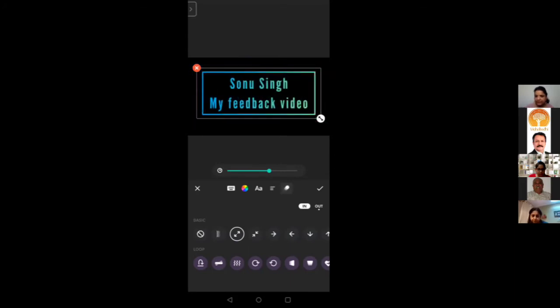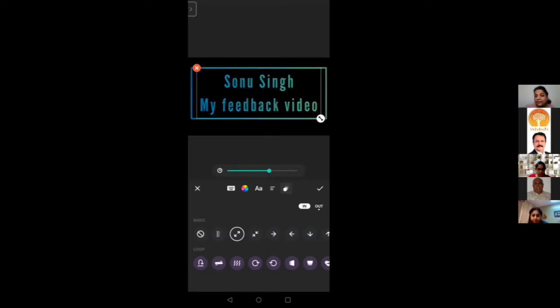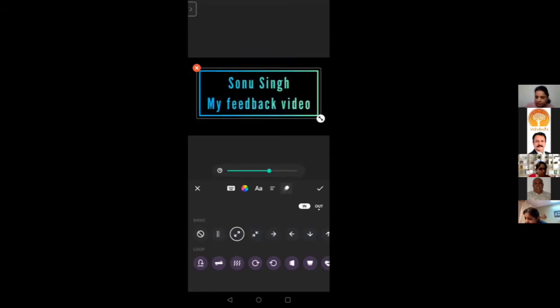Okay, I've selected this which is going out, so it will give you this option. You can set the timer also. यहाँ पे देखो एक छोटा सा timer है. Below the screen, black screen, there is a small timer. See, I'm moving that screen. Can you see that? 0.1 second, 0 second.